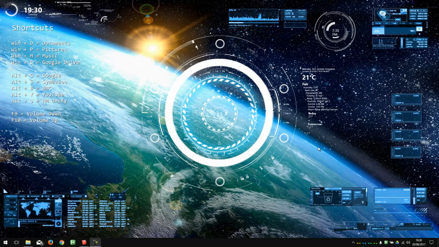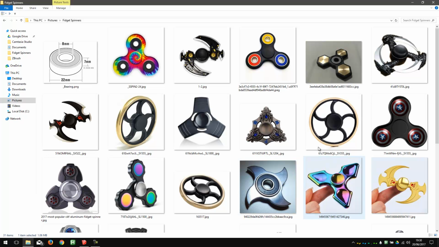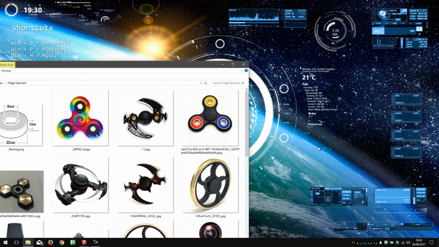Okay, welcome back. This is going to be Fidget Spinner design number 4. We're going to make this one an easier one. So let's go back to our pictures and let's look at this one right here. Okay, just want to show you another trick. You can grab that, drag it to the left,